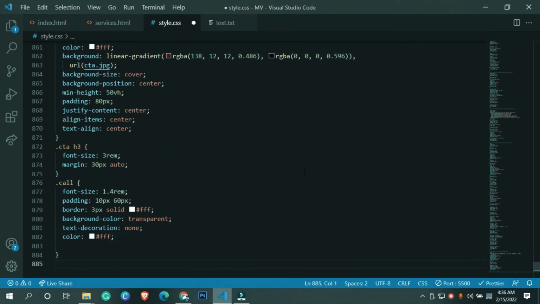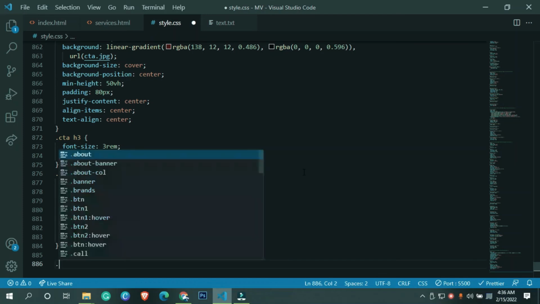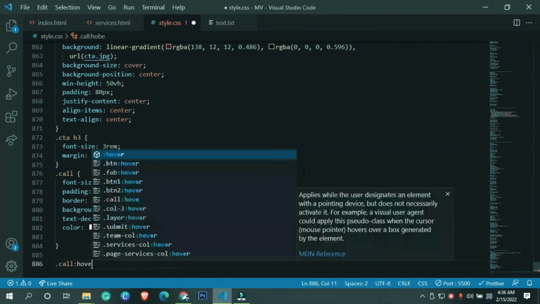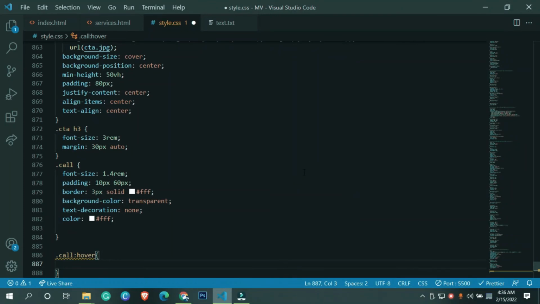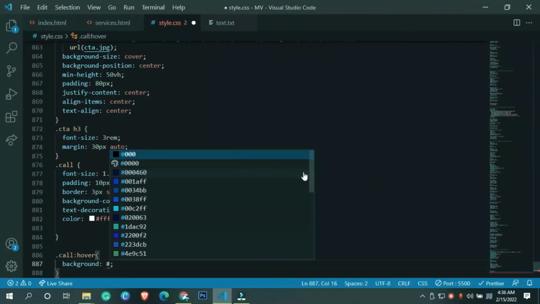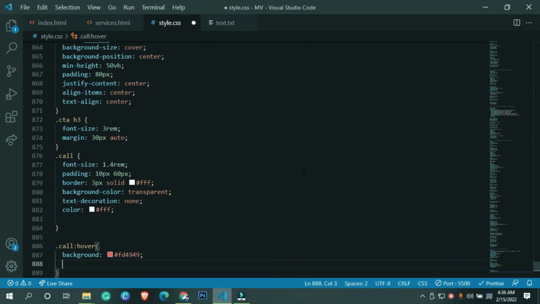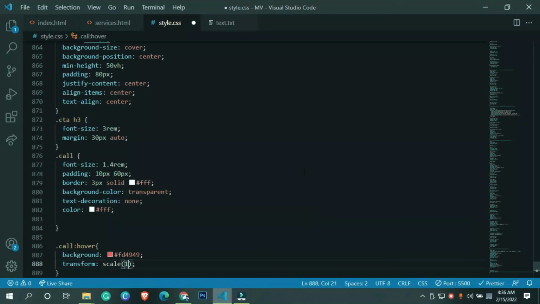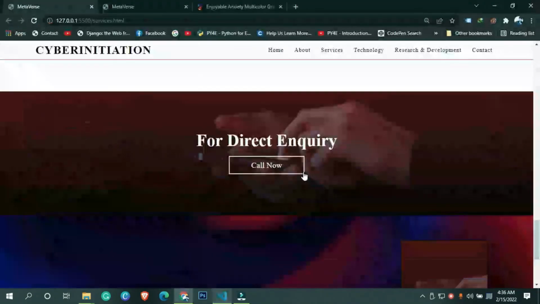So basically, let me add this call and hover on it, and let me add this background color, and this is the background, and the transition effect is going to be transition 1.1, scale 1.1,